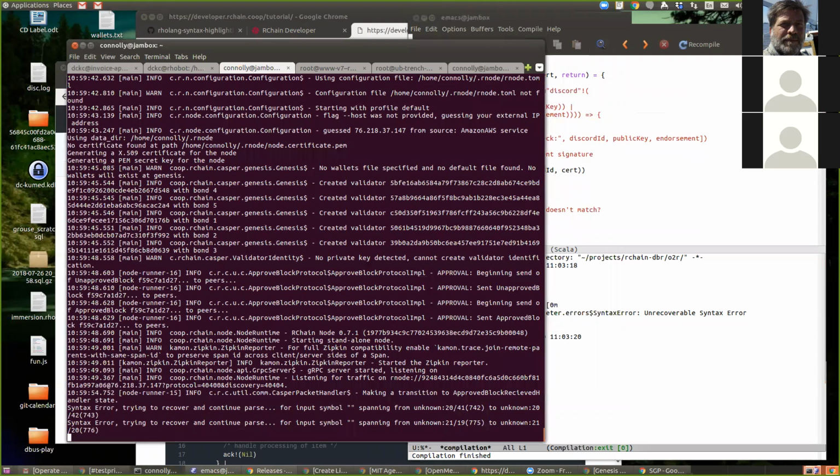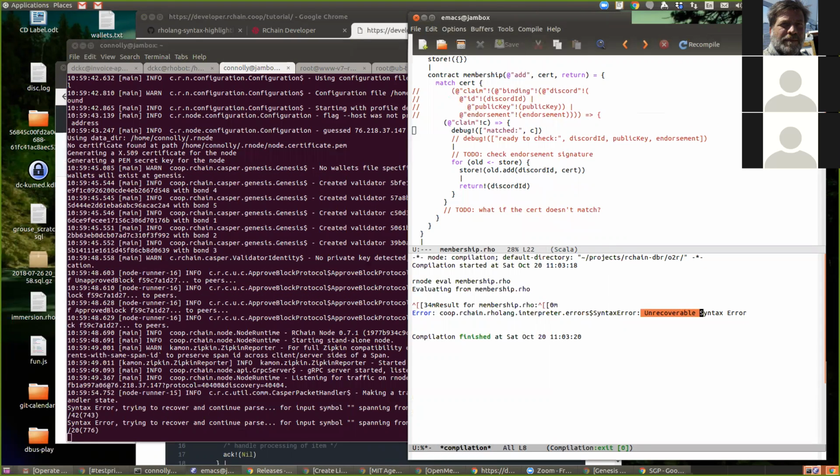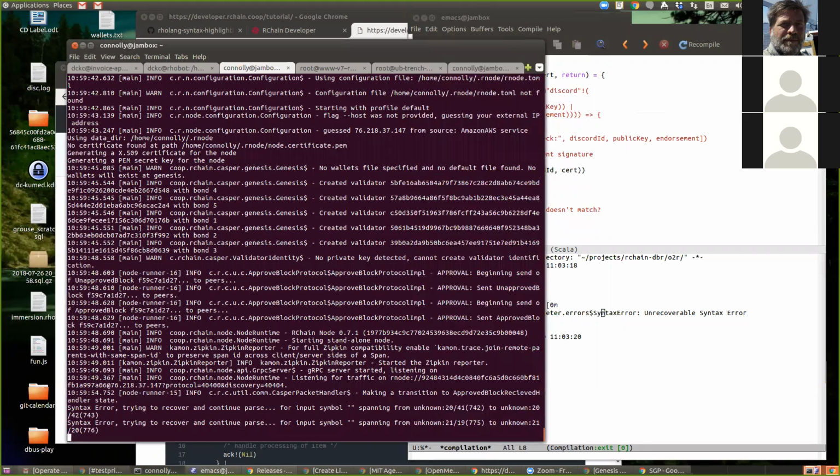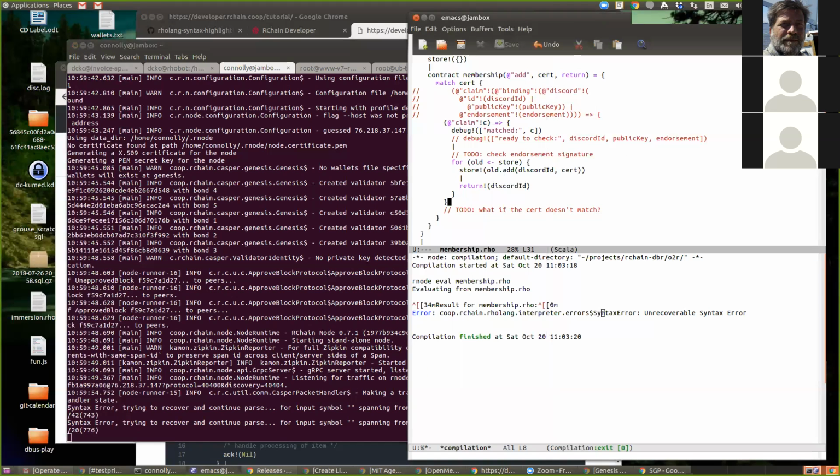I still can't believe they don't. It says unrecoverable syntax error here, but you have to go over in their node log to find out where the error was. 2119.